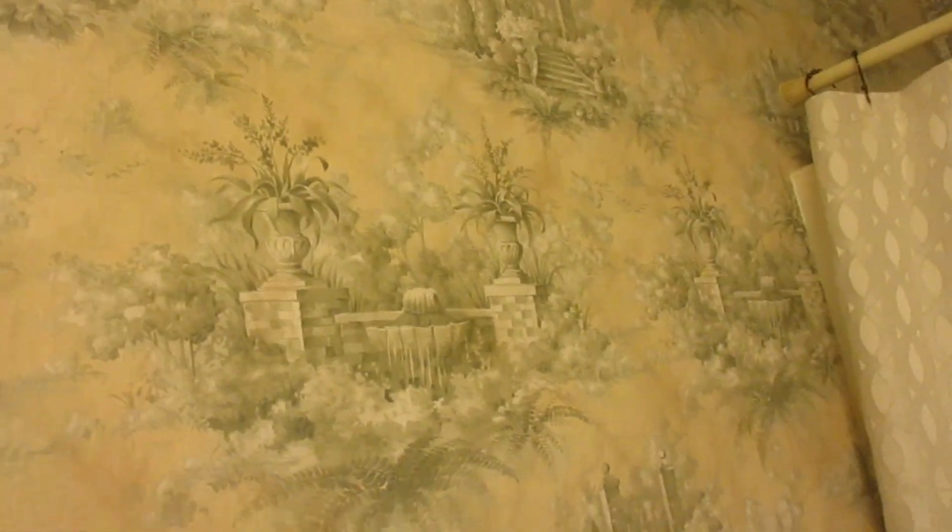And I just want to say that this was the most difficult wallpapering job I ever did in my life. Not only because it was difficult to stand over this vanity and hang the wallpaper, but this wallpaper was like cheap or something, because I don't know if it was the paste or what, but I never seen the edges